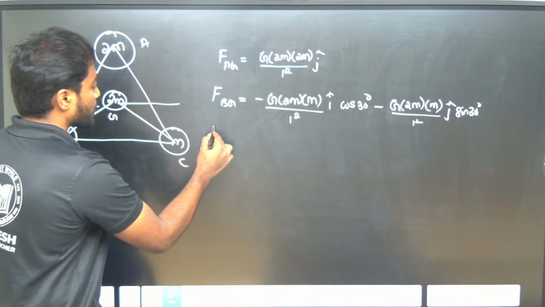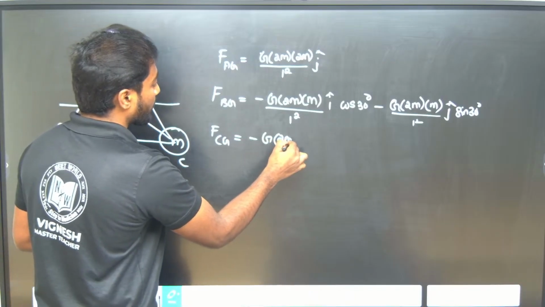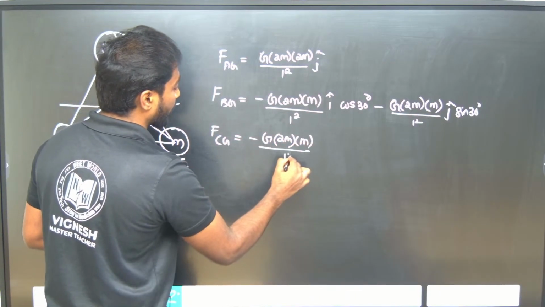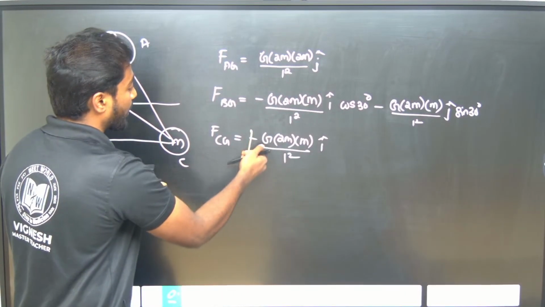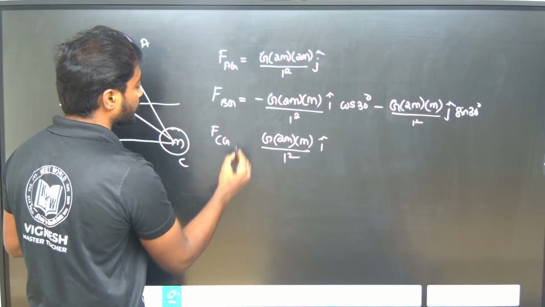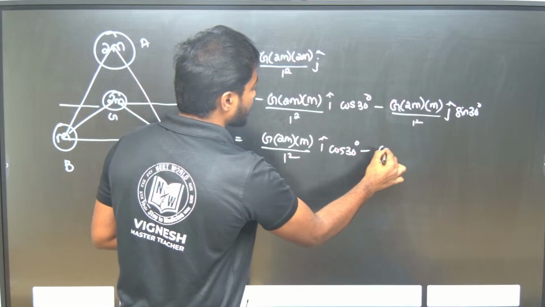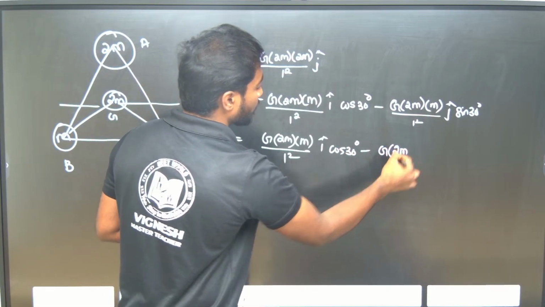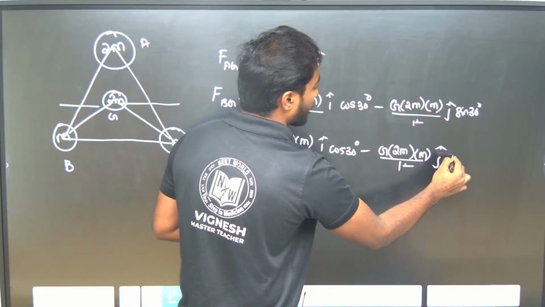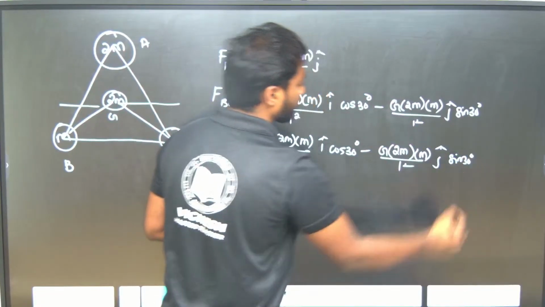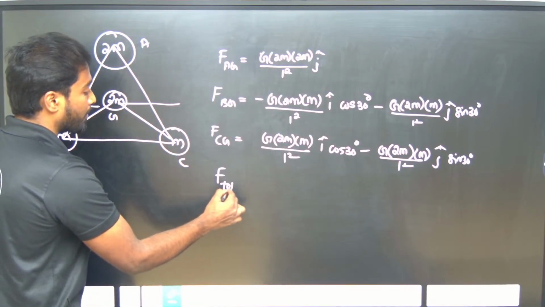Okay, so next one is F_CG will be equal to minus G into 2m into m by l square i cap. So this one will be positive, i cap will be positive, cos 30 degree, minus Gm, so G into 2m into m by l square, j cap will be sin 30 degree, right. So the total force, so F total will be nothing but